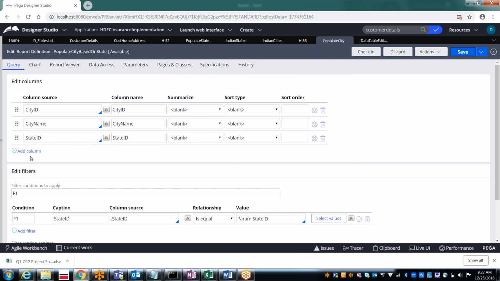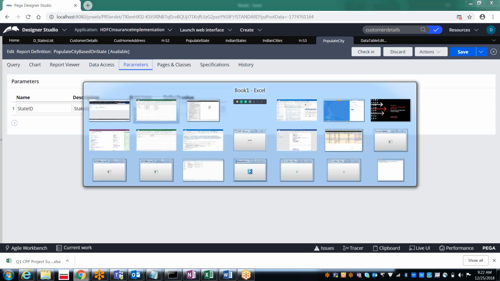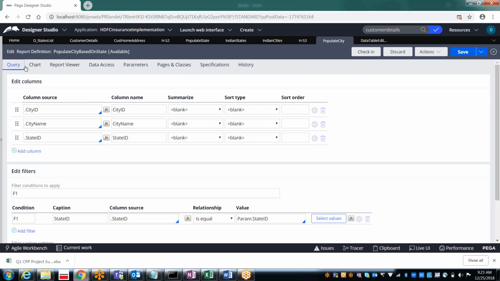You can select what columns you want in the report, and you can apply the condition. This where is nothing but the parameters. Automatically it is going to generate the query for us.